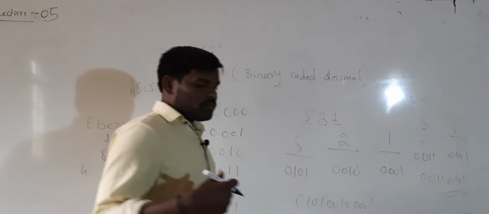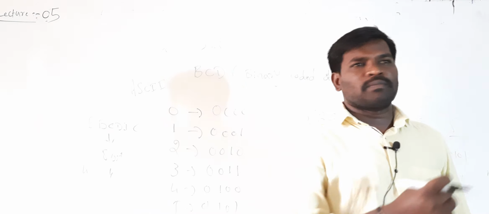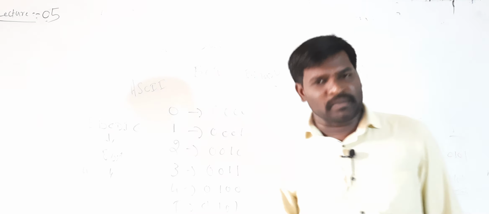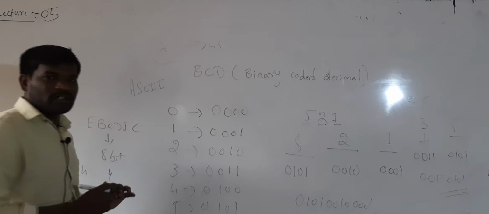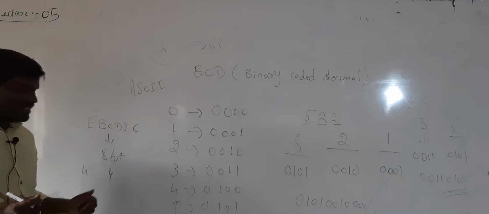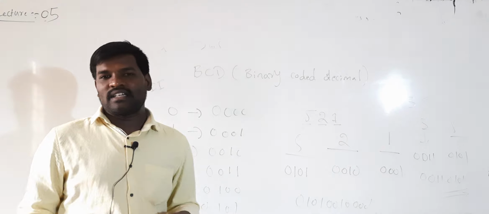In the first 4 bits, it consists of some zone codes, which may be either 0011 or 1100. It has some inbuilt codes for EBCDIC. The next 4 bits are the digit bits, that is, binary numbers only, depending on the character or the number. You have to represent it in the 8-bit format.